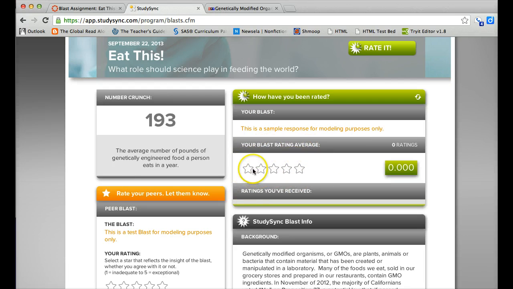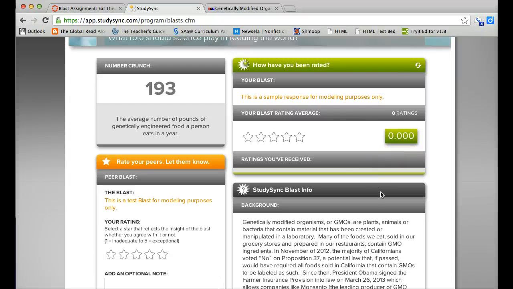Once you guys start rating each other's blast, you will see an average number of stars here, based on the ratings you received. Right now there are no stars and it says 0 because no one's rated my particular response, and really no one needs to because it's just for modeling purposes. But your response would be here. So that's why you'll want to come back and check this later to see how your response has been rated